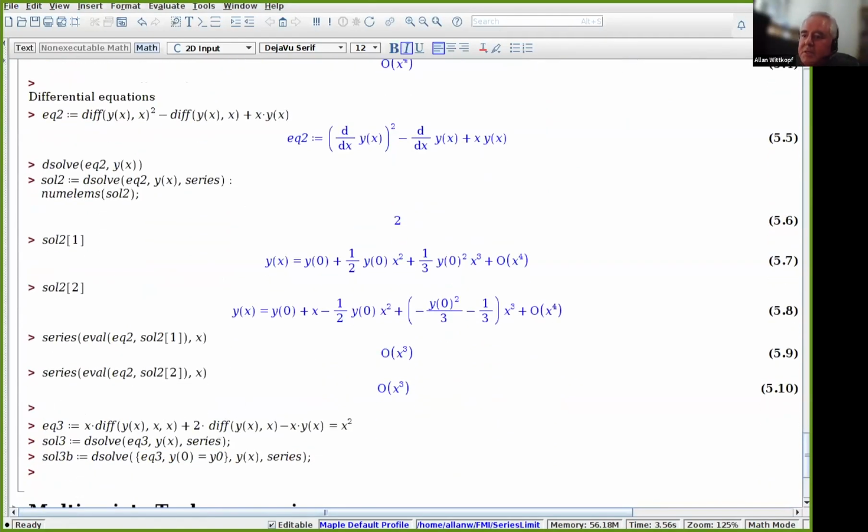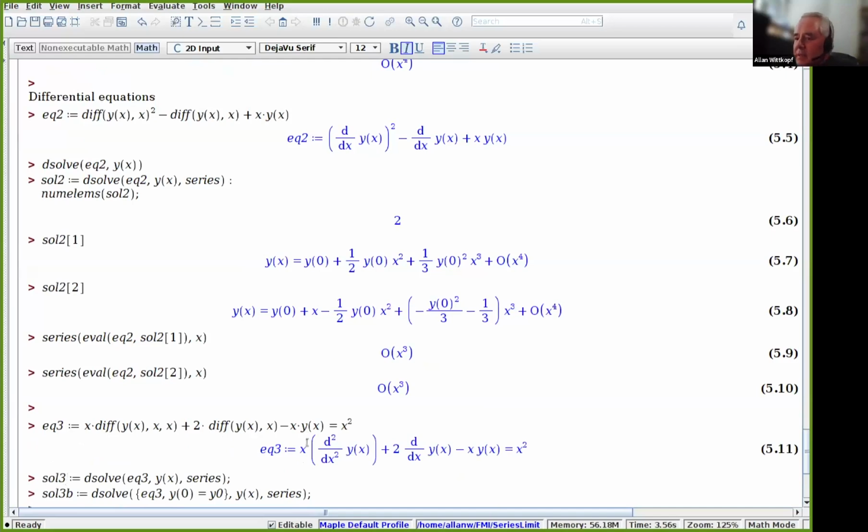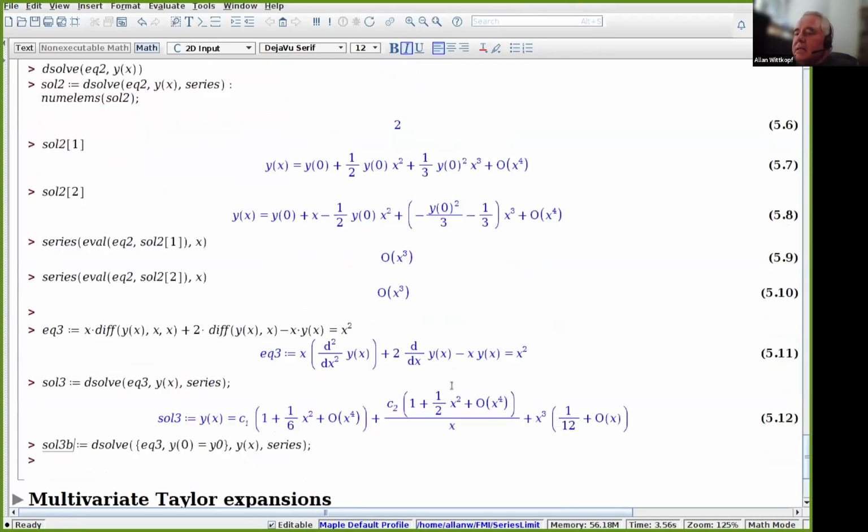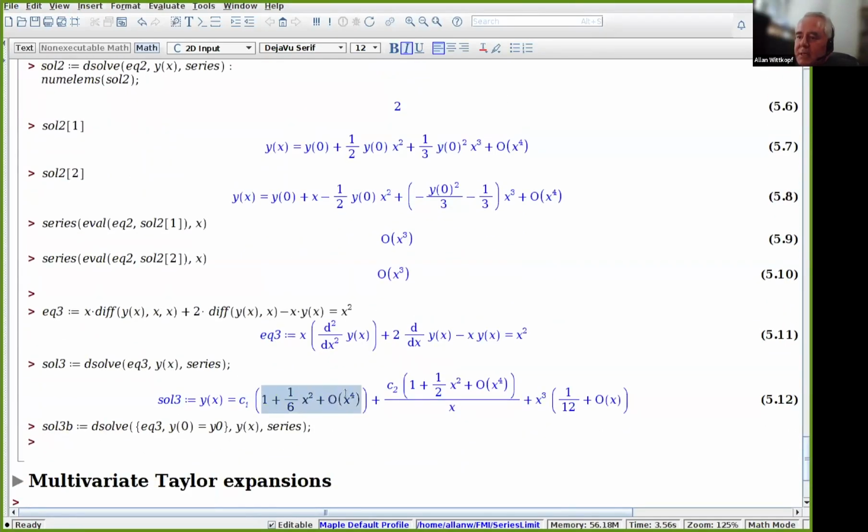More interesting differential equation. We have this differential equation here. It's a singular second order differential equation, inhomogeneous. And we can ask for the series solution of this. And in this case, it gave us 2 independent solutions multiplied by arbitrary constants, one of which is unevaluatable at x equals 0, which is why it didn't give the solution in terms of y at 0 and y prime